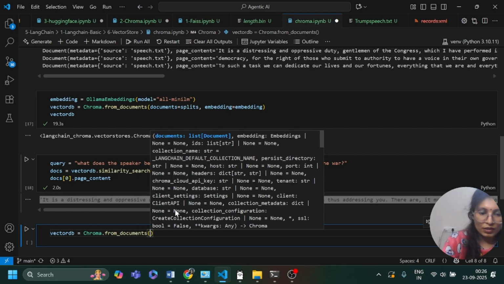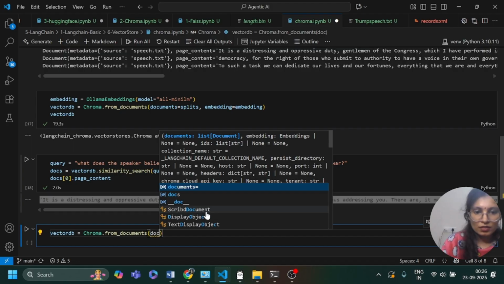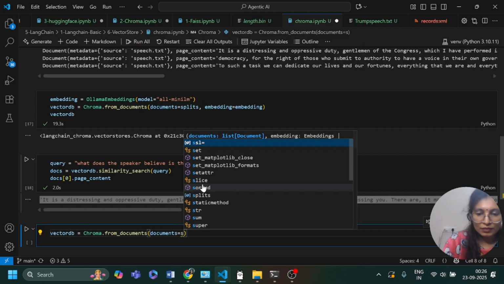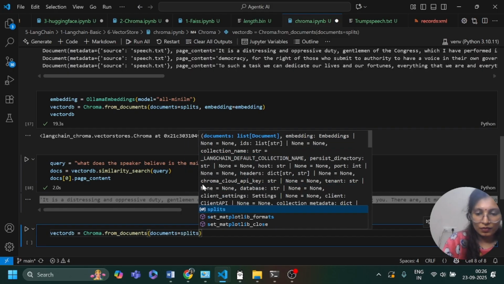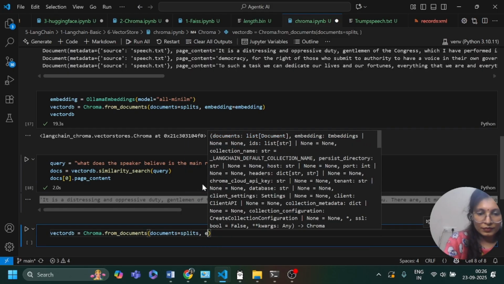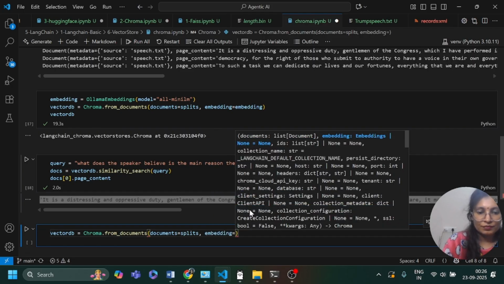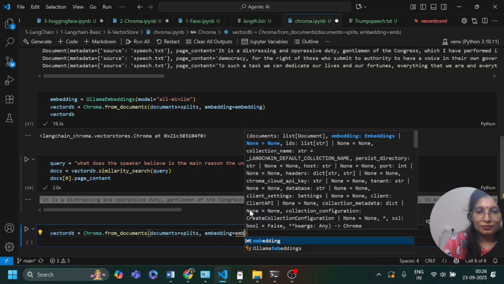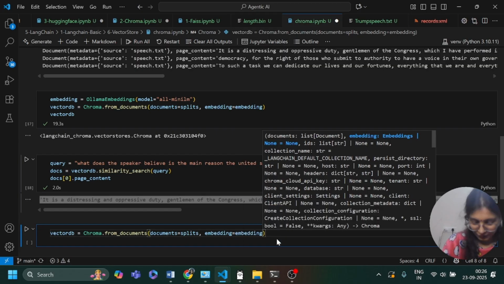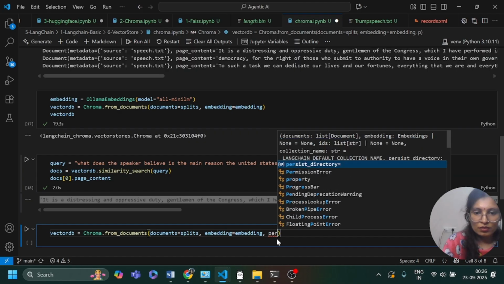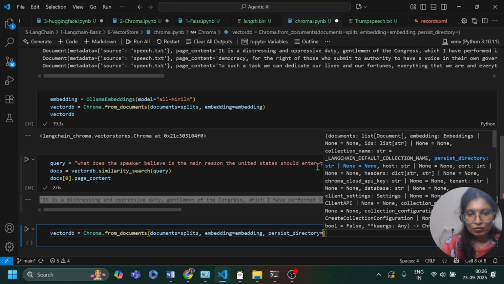Here I'm going to pass documents splits, embedding equals embedding, and the directory where I need to save this. So persist directory equals